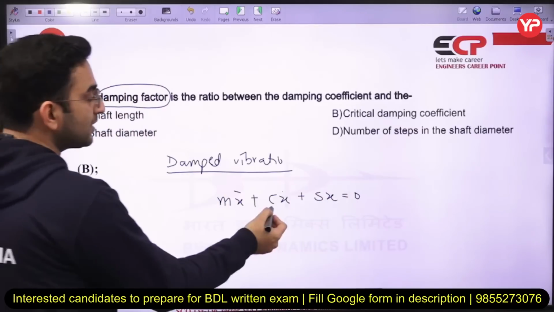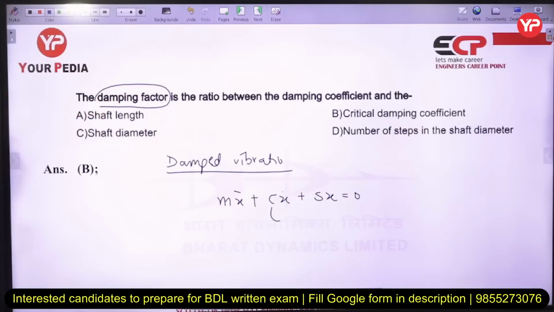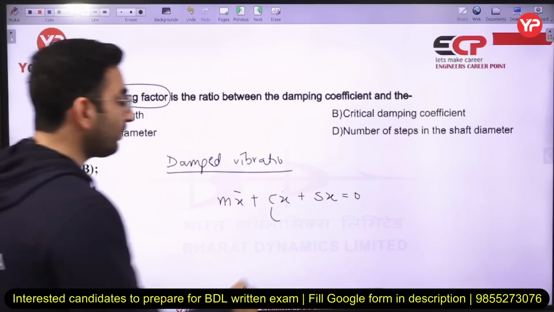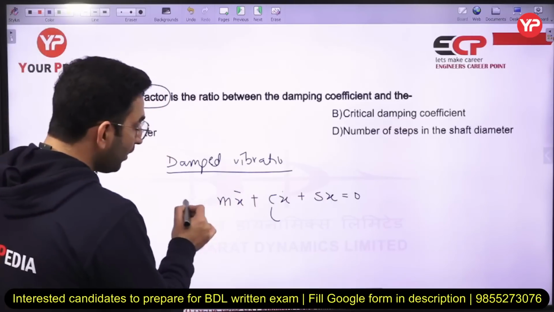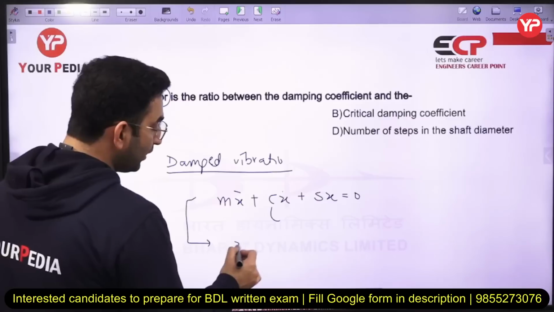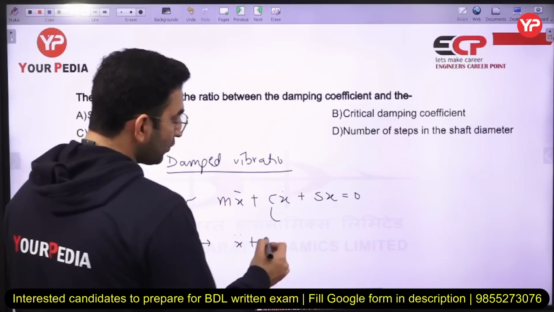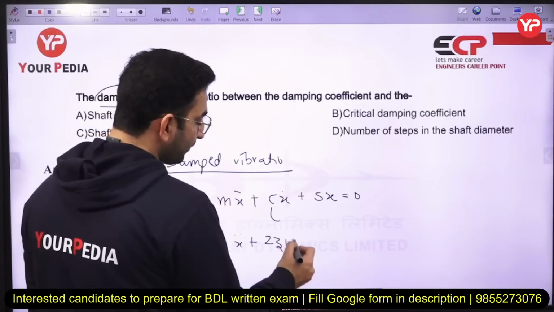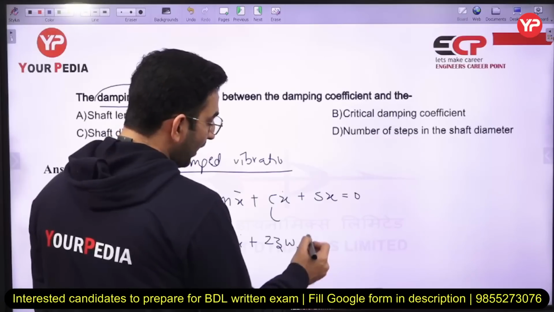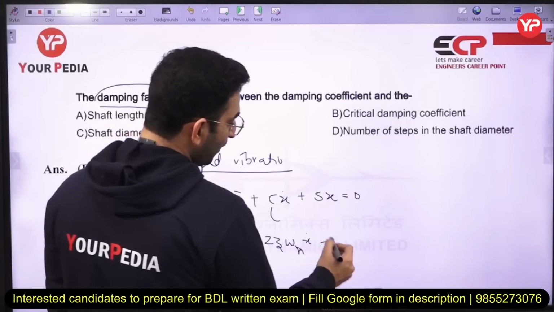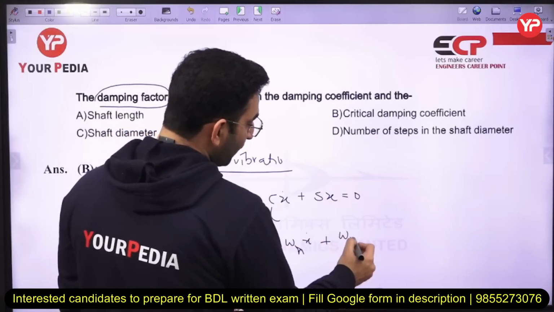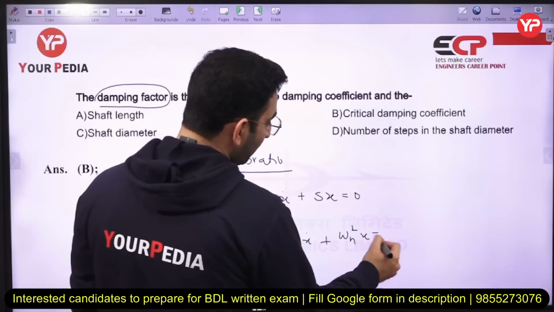Here this c is known as the damping coefficient. We can also write this equation in this form also: x double dot plus 2 zeta omega n x dot